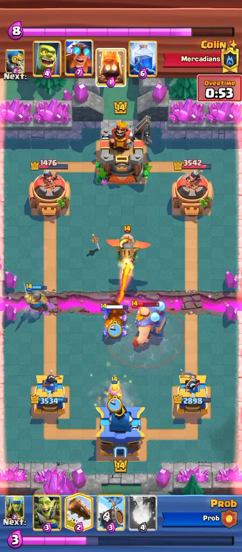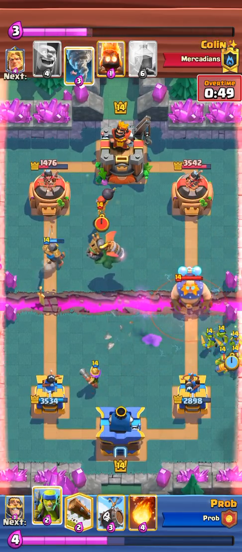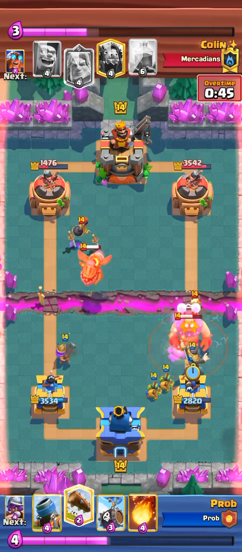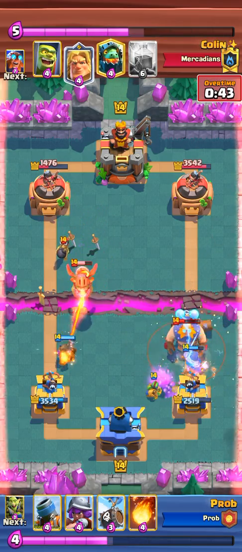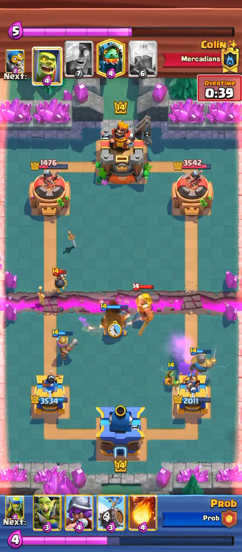Here he actually predicted it. He predicted it with his Inferno Dragon, and now I don't have a mortar. So how do you defend an E-Giant without a mortar? Well, you try to space your troops so you can't nade all of them. You log it back. You pretty much try to crank as much DPS as possible,